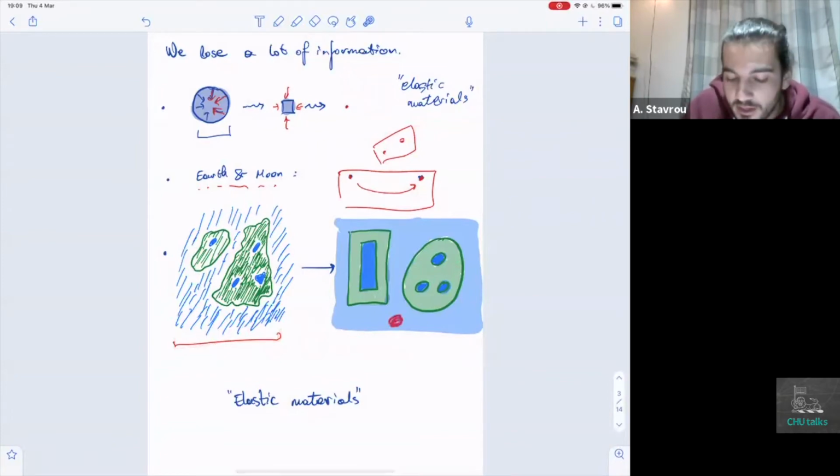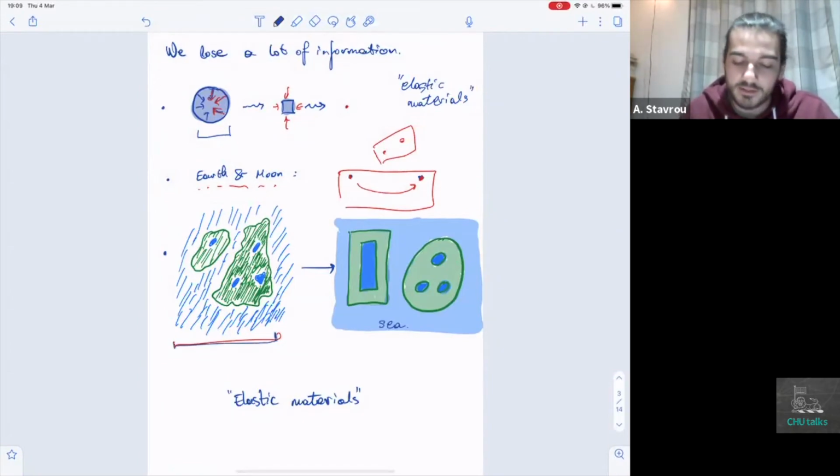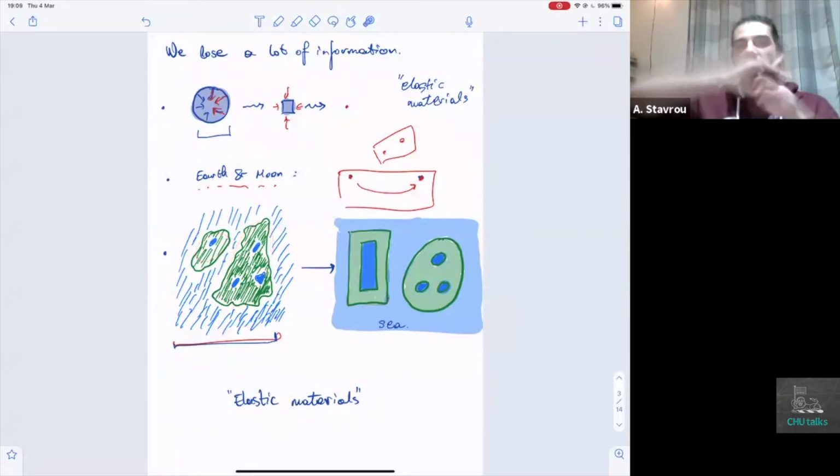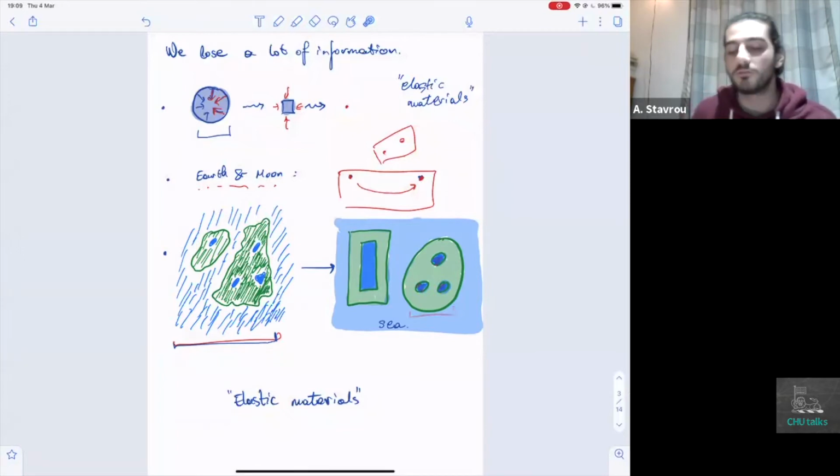Okay, this color is not rendered well. It's supposed to be blue. That's supposed to be the sea, but that's fine. And so, in this picture, you can definitely say that this island is smaller than this one. But since I don't care about distances, I can just stretch it out, make it into any shape I want. And all I care about is that there's a forbidden region in the middle. And on the island on the right, there are 3 forbidden regions that I'm not allowed to step on, that are the water, essentially. Right.